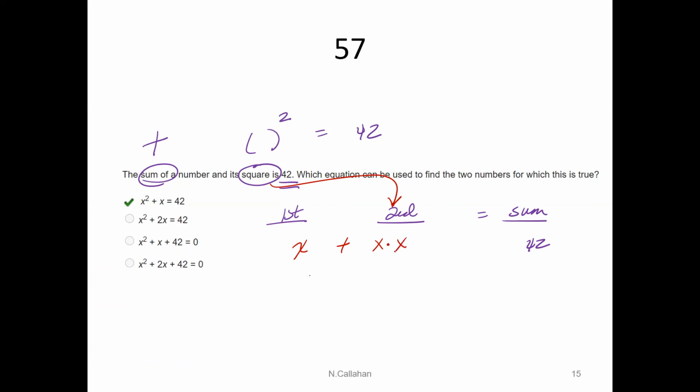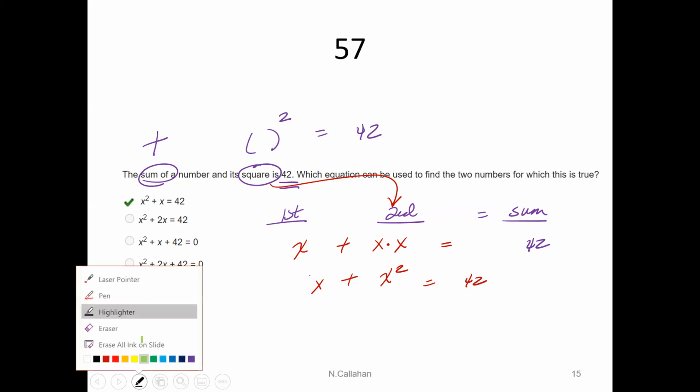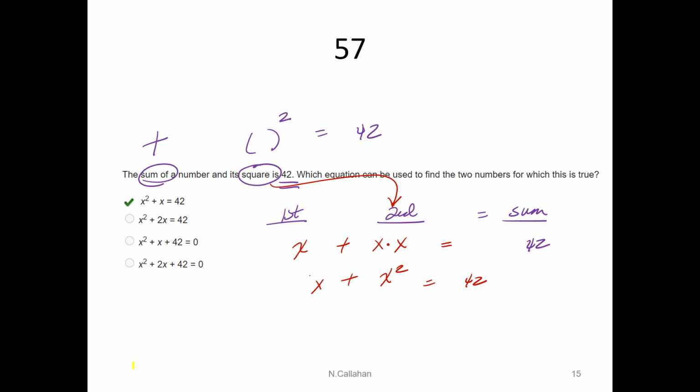So what's x times x? Now, that doesn't really match because here I have x squared plus x, and this one's x plus x